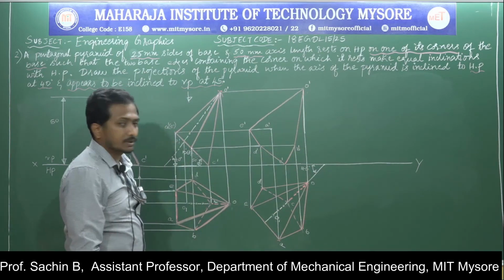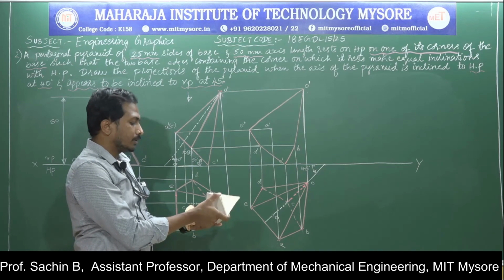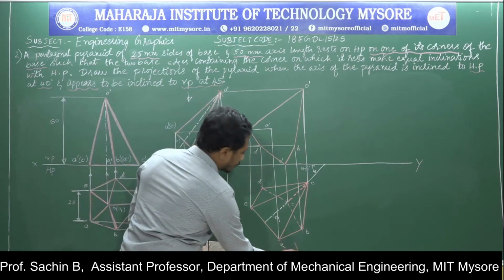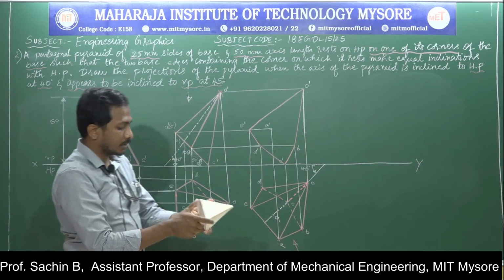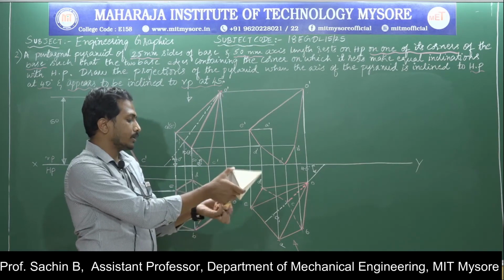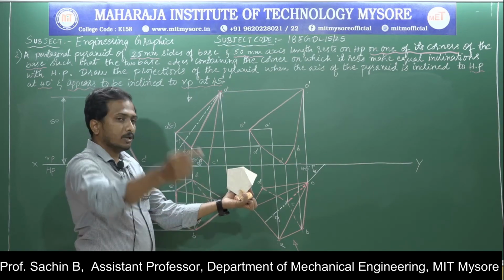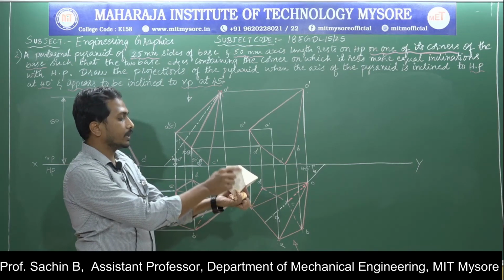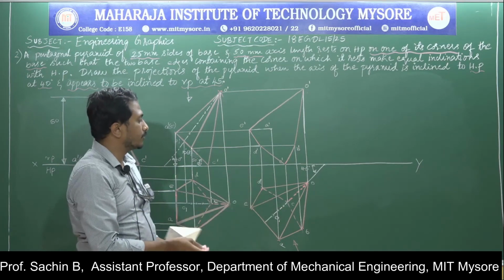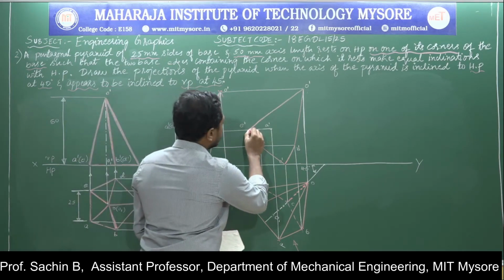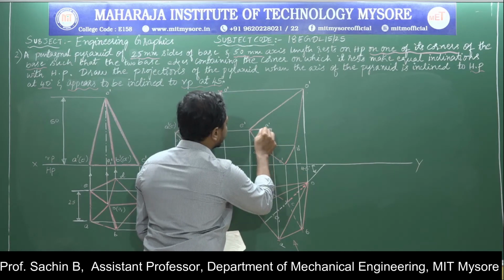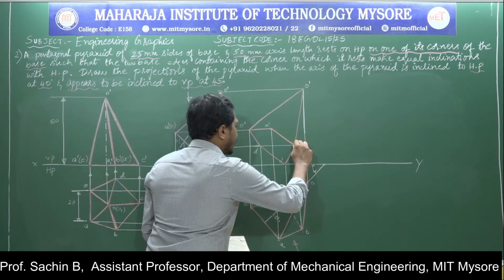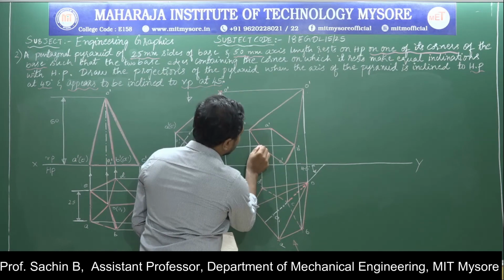Next, the second concept is that to the observer, the faces and edges are clearly visible. According to it, I am going to show the arrow over here because the observer is over there. According to the physical view of the object, I am going to keep the object like this, resting on a corner. If you are the observer and view the object, the base edges and the base are completely visible for us. Based on that, the base is clearly visible for us.